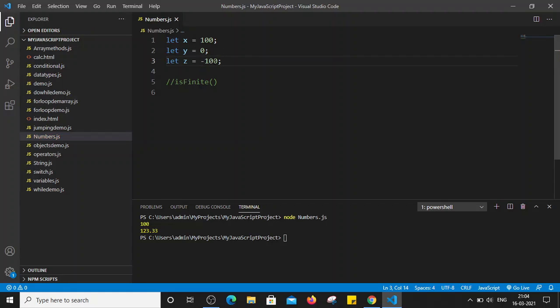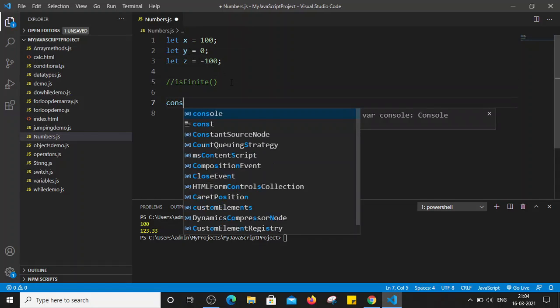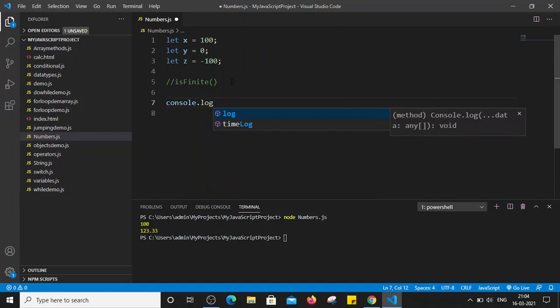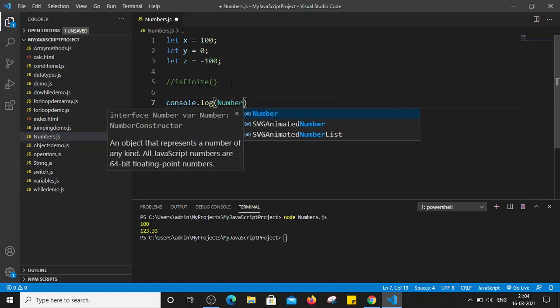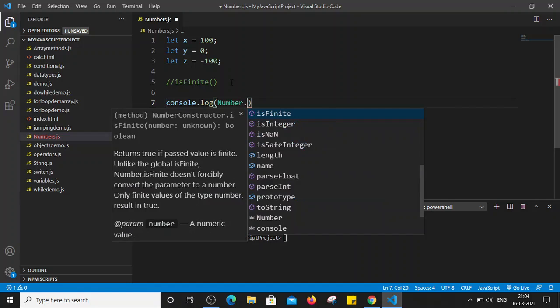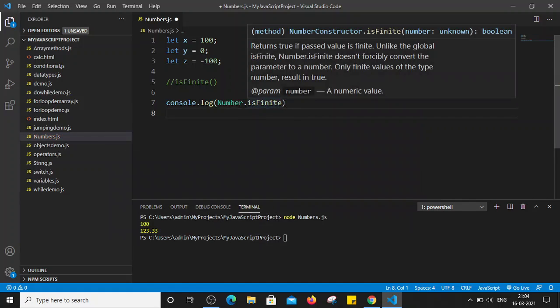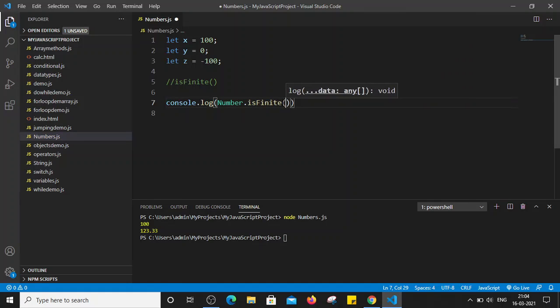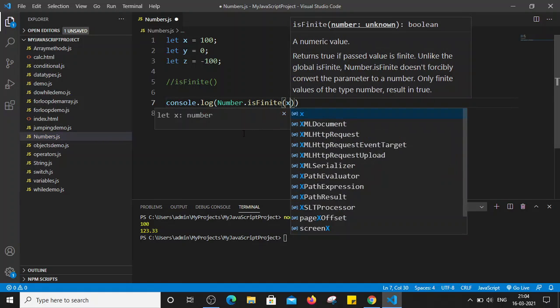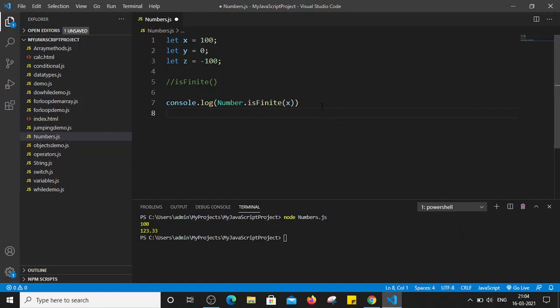All these three values are finite numbers, so whenever we use the isFinite method on these numbers, it should return true. The syntax to use number methods is Number, which is the object here, dot isFinite. We can see the method here. So Number.isFinite and the variable which we have assigned a number value, for example x.